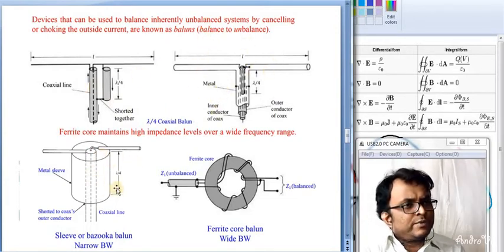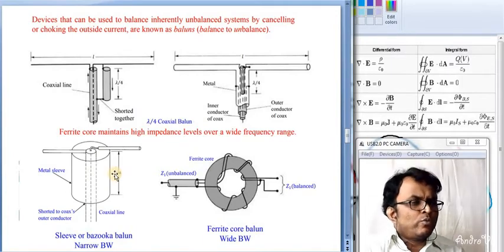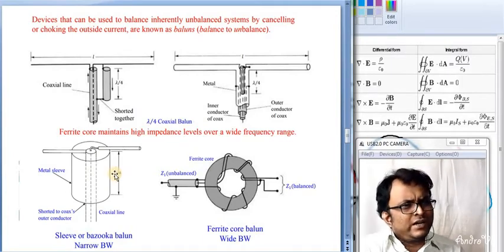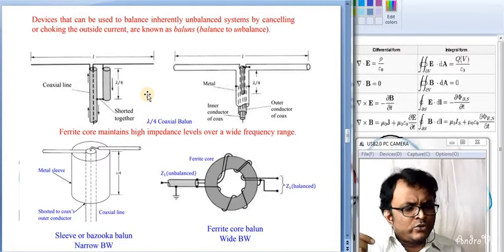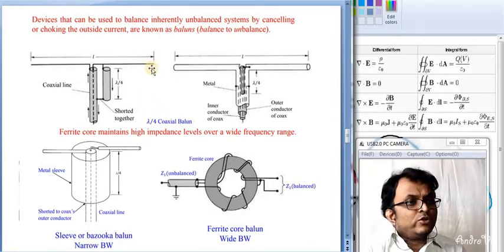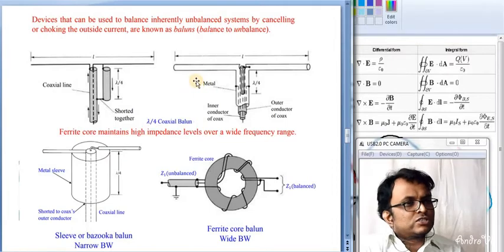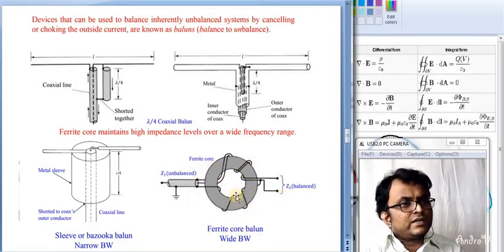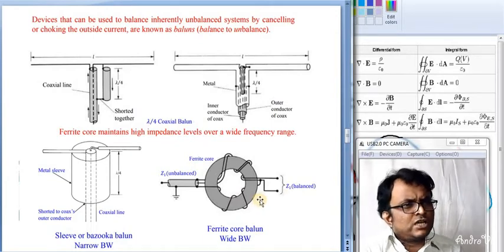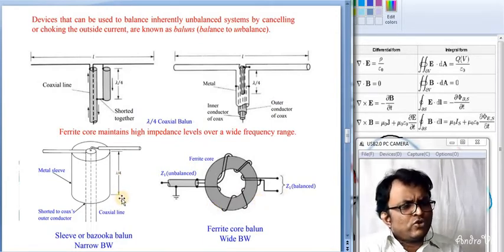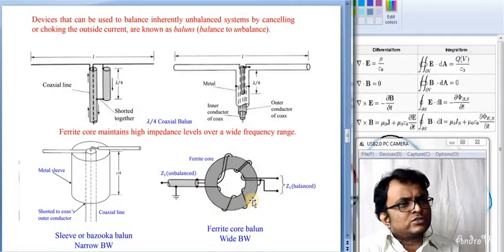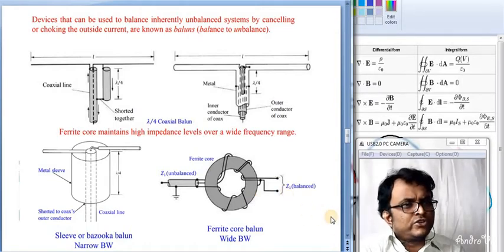But this type of matching balun transformer gives you very low bandwidth, because the normal dipole antenna has very limited bandwidth or frequency operation. Anyway, due to some loading techniques or parasitic loading, we can also increase the bandwidth. If you are going to increase the bandwidth, in those cases this ferrite type of balun is used. With the normal balun we have around 4 to 5% bandwidth, but here we can achieve more than 10%, that is 20% bandwidth, using this ferrite balun.